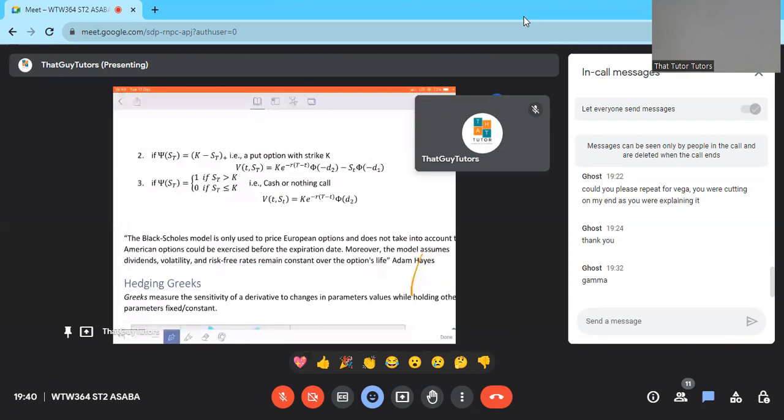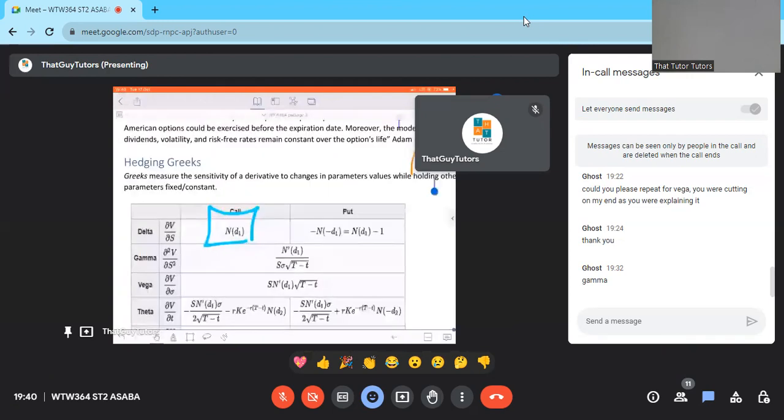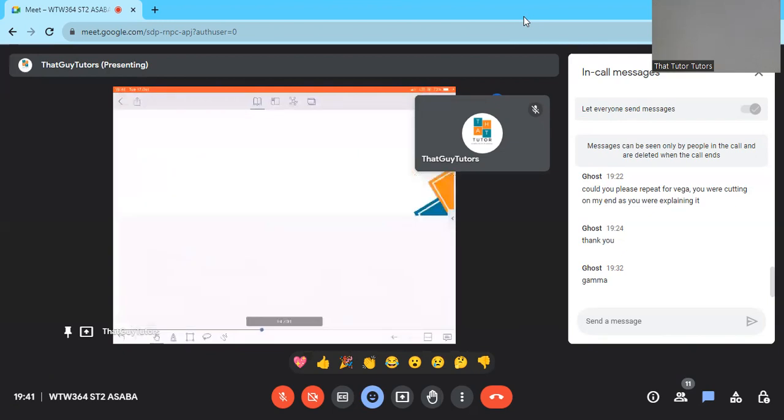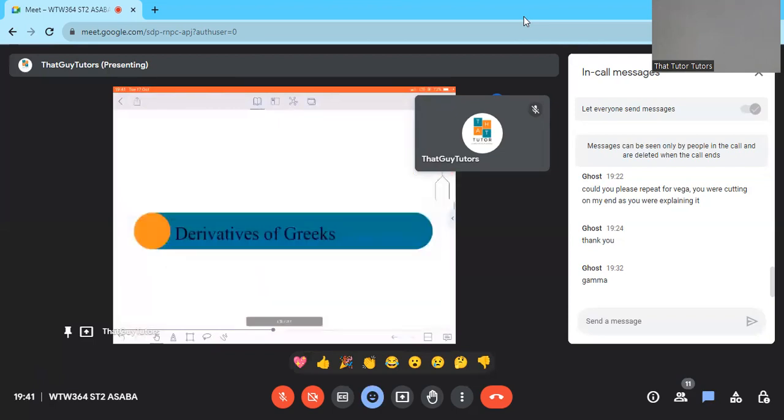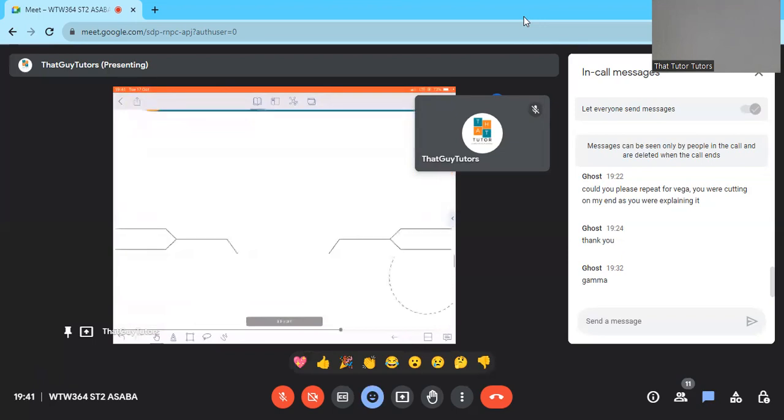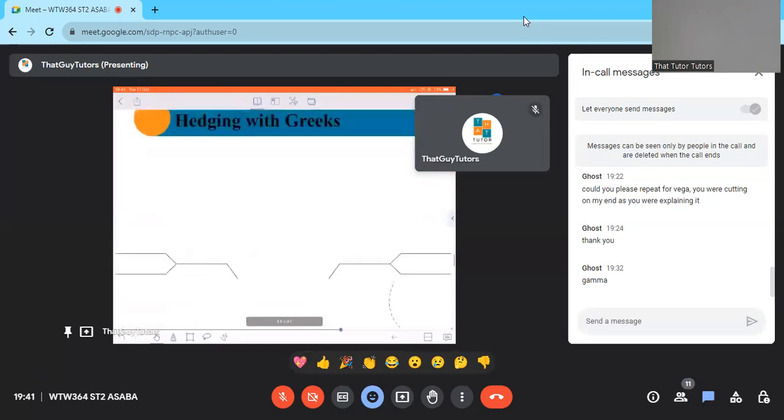Okay, so since no one else has mentioned any other Greek, I would assume that you can do the remaining Greeks, right? So I'm going to go to hedging now. I'm going to go to hedging. And then we're going to stop after here. So hedging is about adding portfolios together so that you can counter against